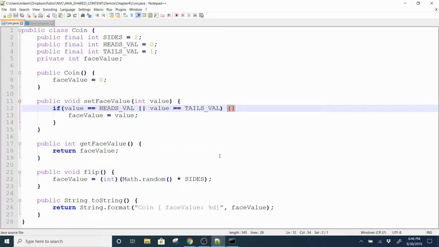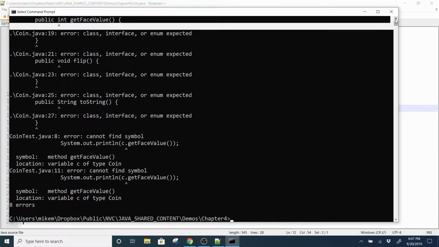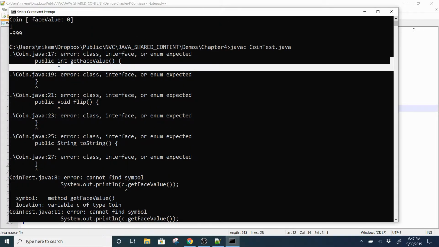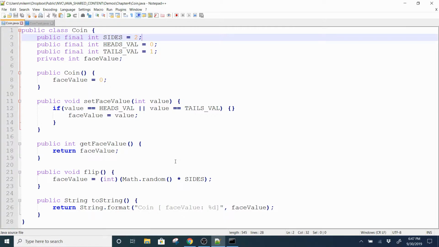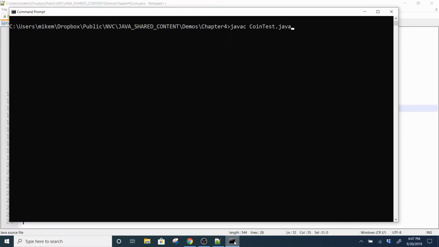So that little mistake made it seem like I had all these errors in my code, right? So I opened and I closed my curly brace on the same line for some reason. And that caused this class to be super confused, right? So when I went to compile, I had all these error messages. Okay, so be careful when you use the curly braces. I'm going to go ahead and delete this one right here. I'm going to go ahead and save it, and then hop back over here, clear my screen, compile, and